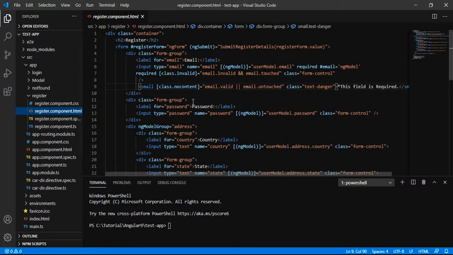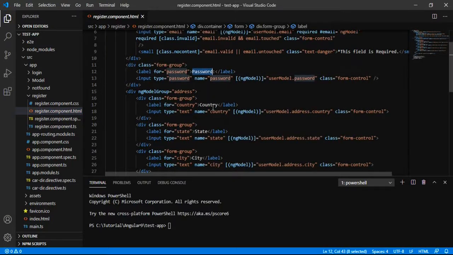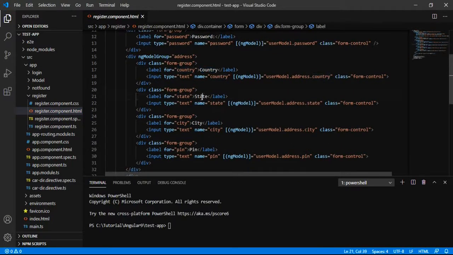So we have this register component HTML where we have the fields like email, password, country, state, city, pin.